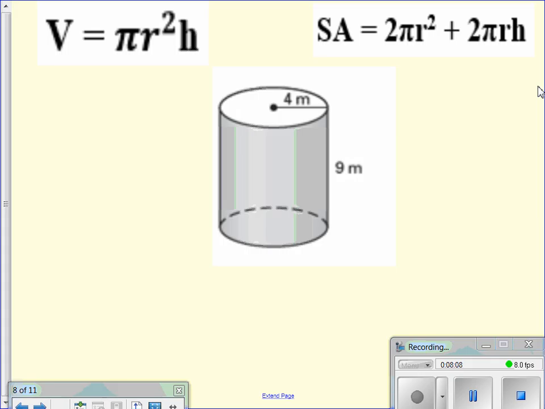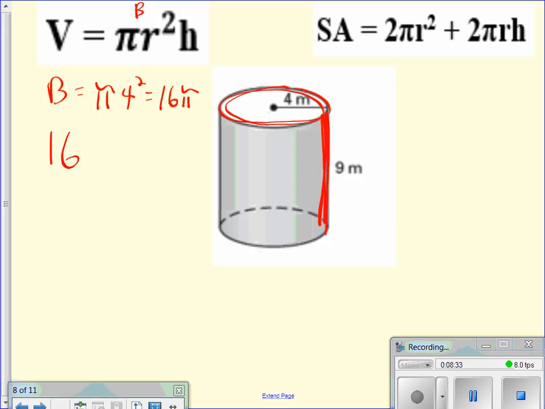Let's see. Volume equals, so I'm first going to find the area of my base. And look at me, always tracing my base. So the area of my base is pi 4 squared, which I'm just going to leave as 16 pi. That's my big B, basically, right? That's this. Cool. I got that. Basically, top layer, multiply it by the number of layers. So 16 pi times 9 gets me,